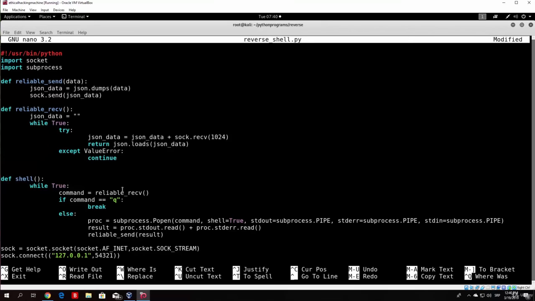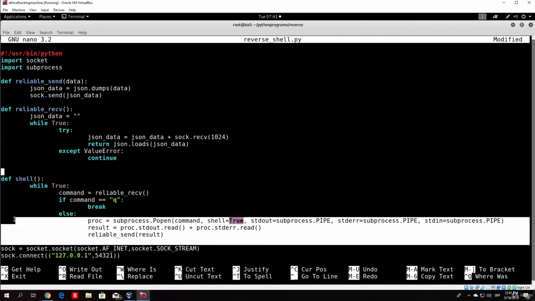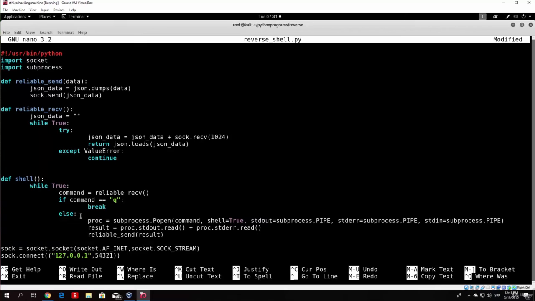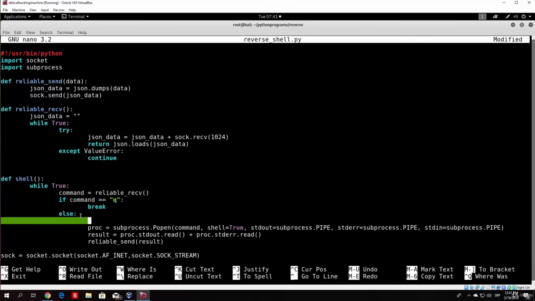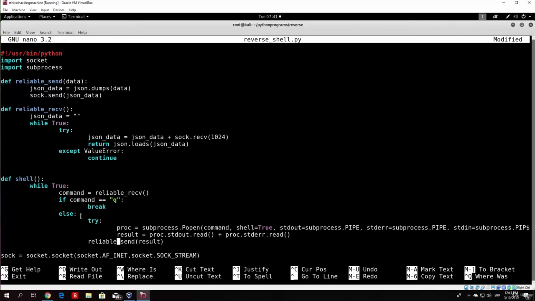So we have the reliable send and reliable receive functions, and right now I believe we should be good to go. But before we save this program and run it, let's add a simple try and except rule for executing the command on the target machine. Right here, this is the part of the code where we execute the command that we get from the server and send the result back to the server. Here we want to run a simple try and except rule for the commands that can be run. So try, we want to try to execute the command, do all of this, and